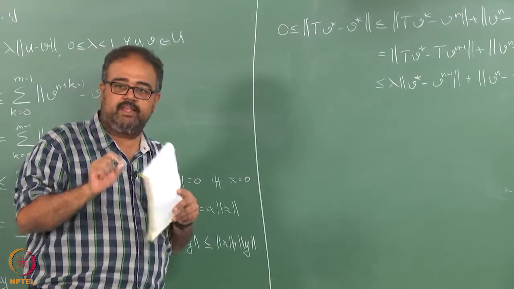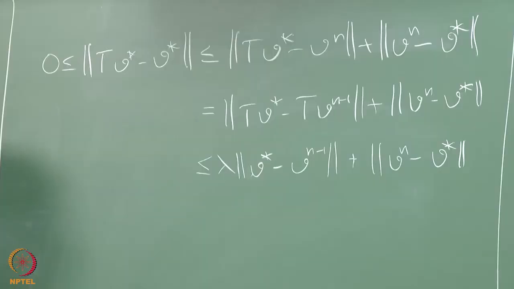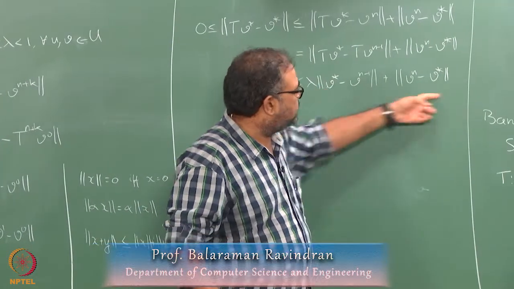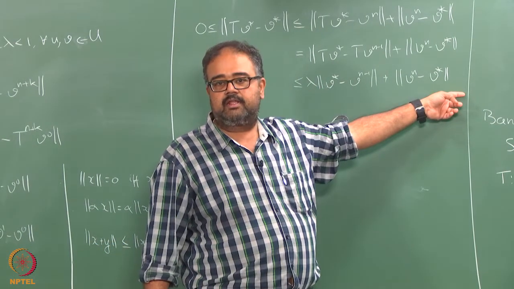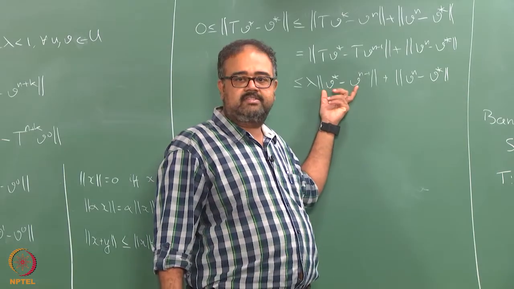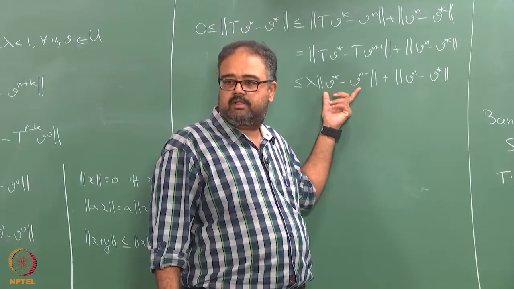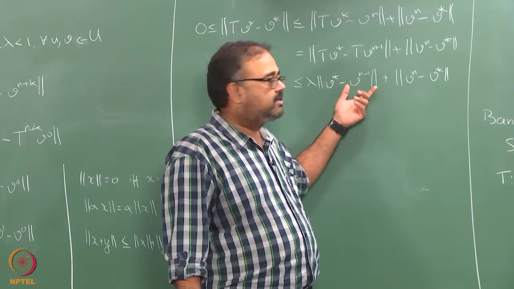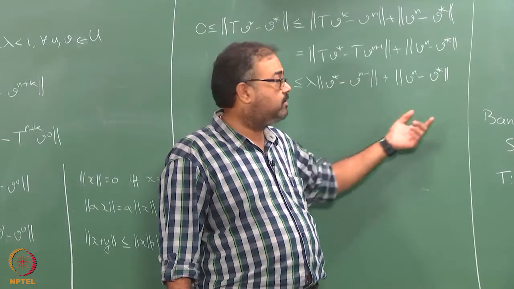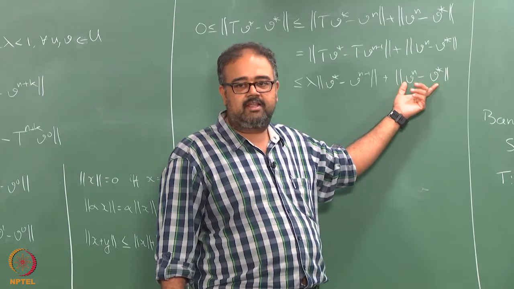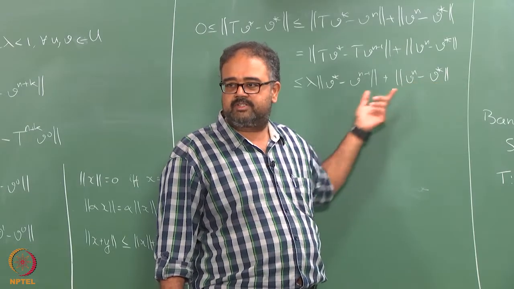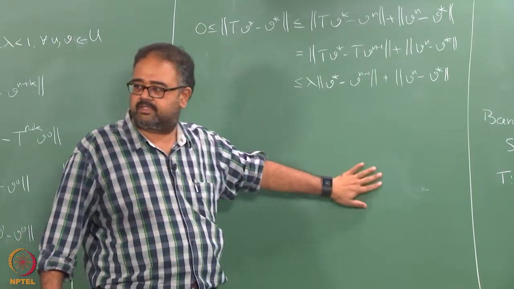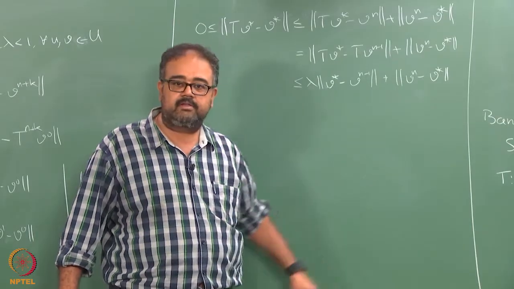So what do we know? We know that Vn is Cauchy. So this sequence is going to, V star minus Vn minus 1 is going to go to 0, by the definition of a Cauchy sequence. Likewise, Vn minus V star will also go to 0 by virtue of the fact that Vn is Cauchy. That is the definition we had earlier. So that is going to converge, it will go to 0.